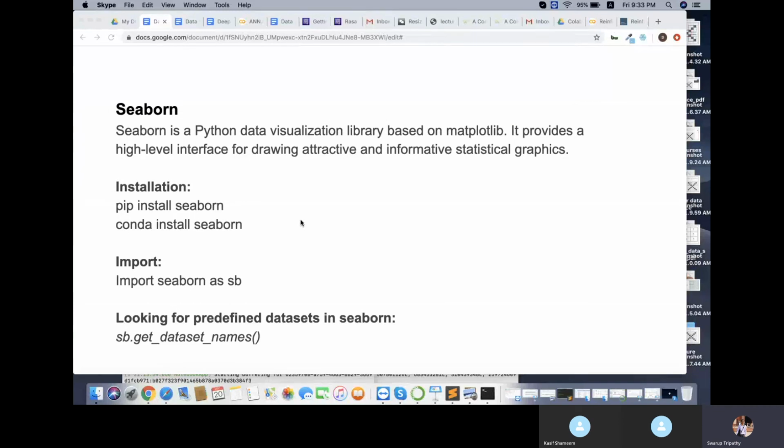It's a visualization package written on top of Matplotlib, and it's used as a high-level interface for drawing attractive statistical graphs. Here you have different kinds of statistical graphs, and it also makes your graphs look attractive. If you are using Matplotlib, you can use Seaborn on top of that and make your graph look attractive. So we have a lot of packages right now in Python. Python has improved quite a lot within these four or five years, because a lot of people are using data science with Python right now.